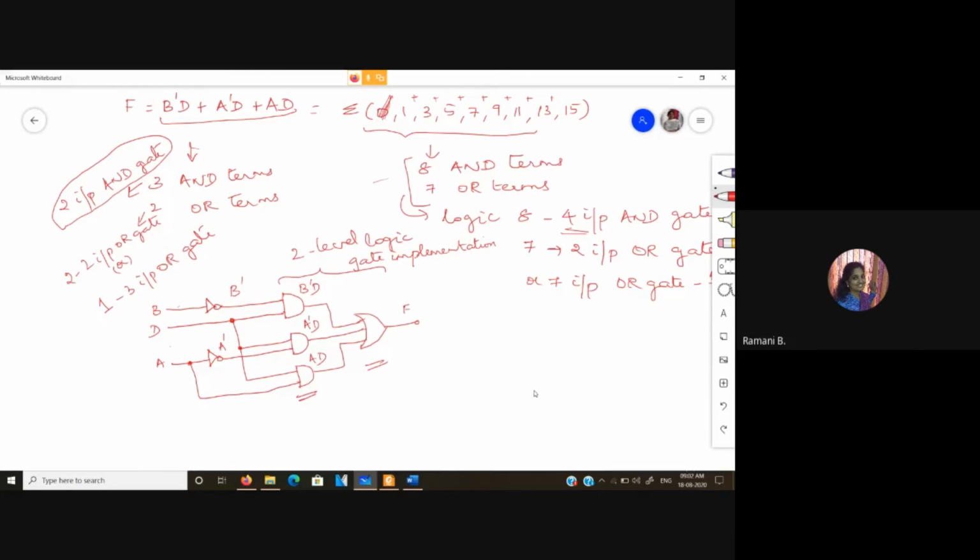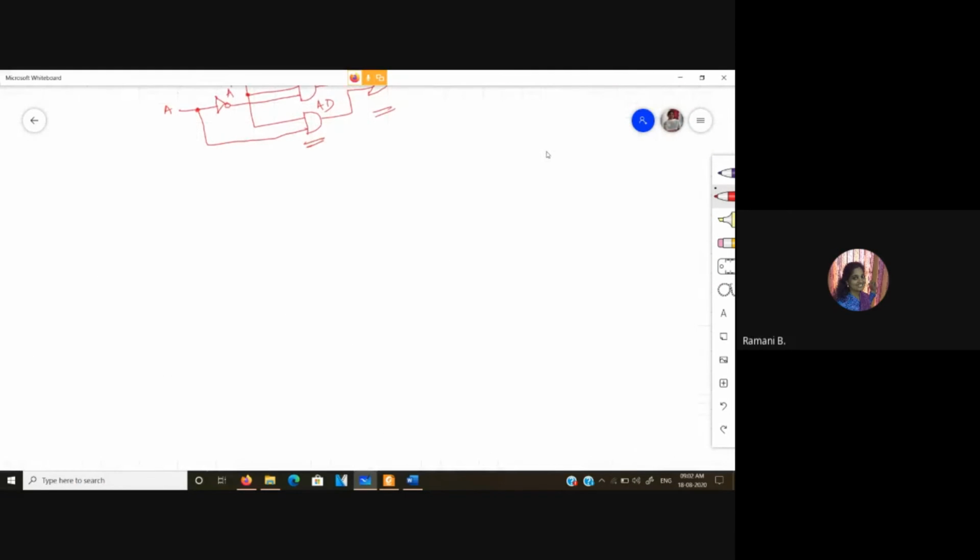If suppose you have an expression like F is equal to A plus BD plus C into B plus D. So for this sort of diagram, you have this BD given to the AND gate, and you also have a combination where you give this to the OR gate.